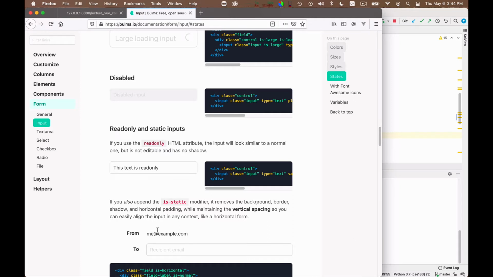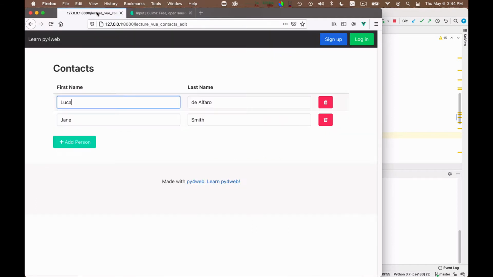So I want essentially these fields to look like normal text, and then when I click on them, I want them to be transformed into input fields as we have now, so that I can edit, and when I'm done editing, these fields restore their normal read-only aspect. So the first thing to realize is that for each one of these fields, I need to store its state somewhere in JavaScript. Only in this way will I be able to control the aspect of the field and also the operations that are needed on the field via JavaScript.